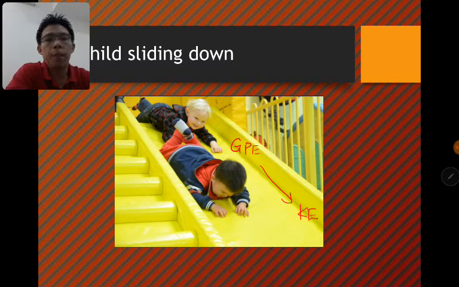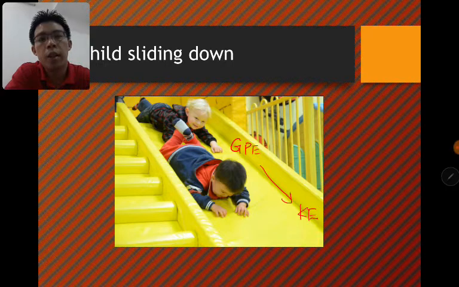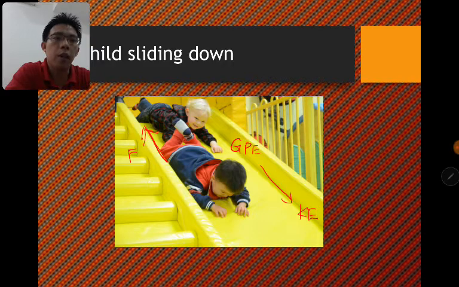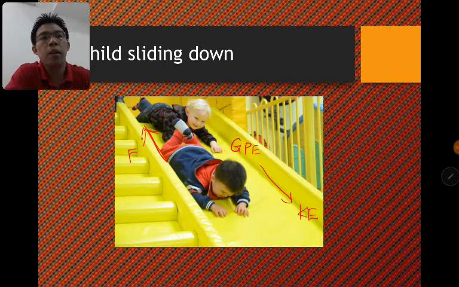Okay, so along the process, because there's a certain surface that's in touch with the slide, of course there is some frictional force, and therefore there will be some heat loss due to that. So there's friction here, and therefore there will be some heat loss due to that. Okay, so gravitational potential energy is converted into thermal energy, and the rest will be the kinetic energy. All right,